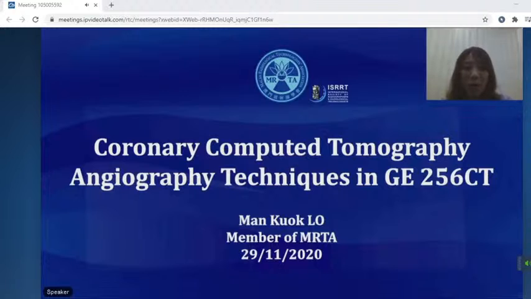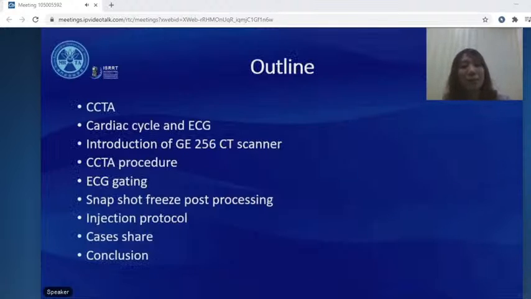Hello everyone. Today I'm going to talk about CCTA techniques in GE Revolution CT. This is my outline. I will talk about the purpose of CCTA, the concept of cardiac cycle and ECG, an introduction of our scanner, the GE 256 Revolution CT scanner, and our CCTA procedure, ECG gating and the SnapShot Freeze function of the CT scanner, our injection protocol, and finally, I prepared some cases to share with you. In conclusion,